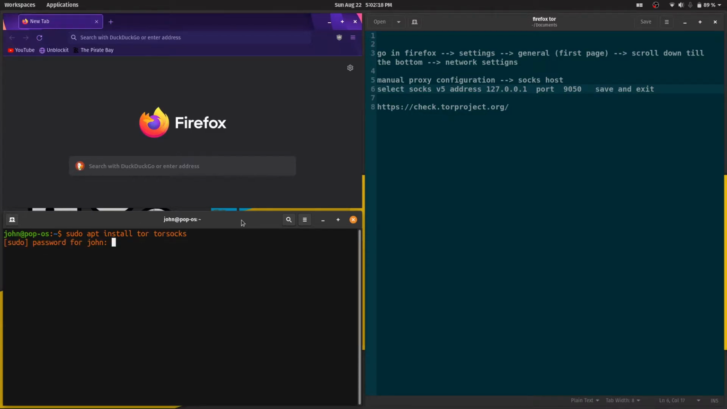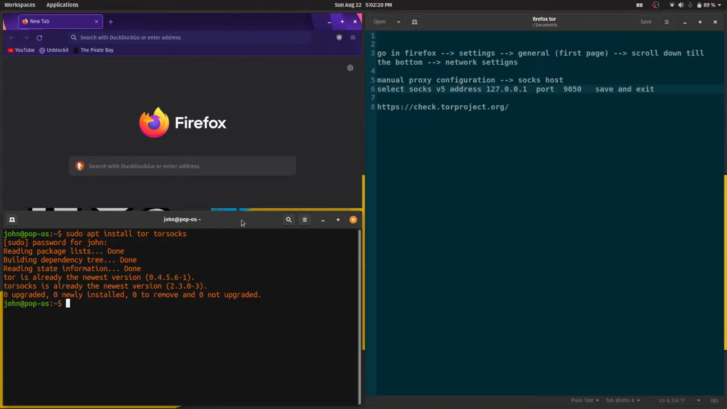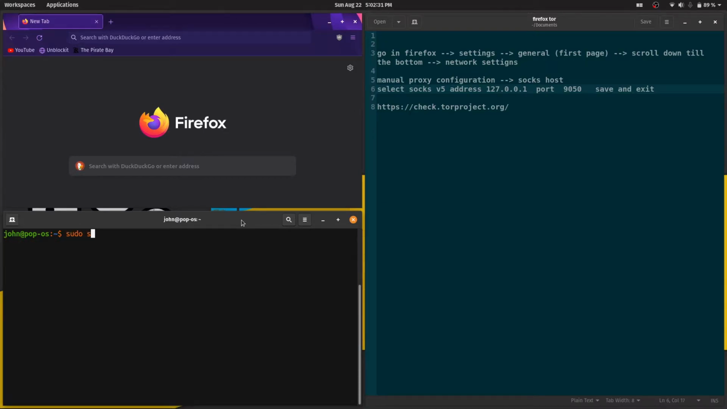Proxy, enter. In this way, the Tor package is installed together with a proxy that we will use to make Firefox connect to the Tor network. Now,